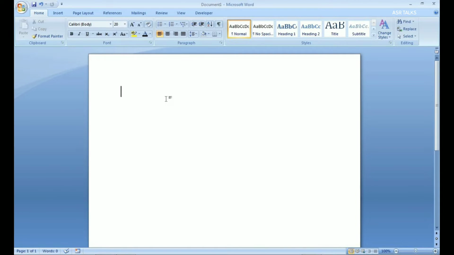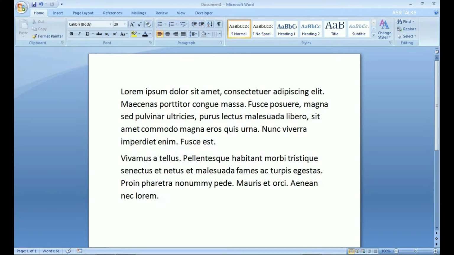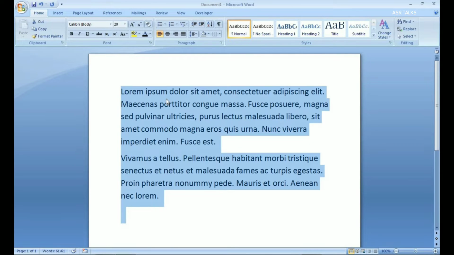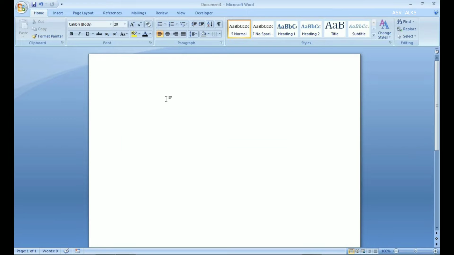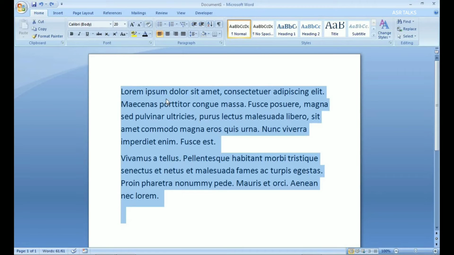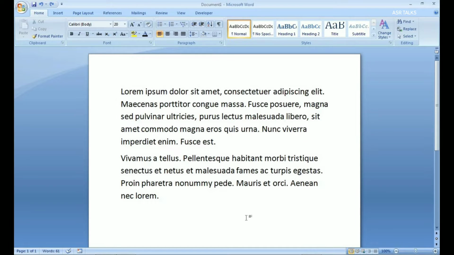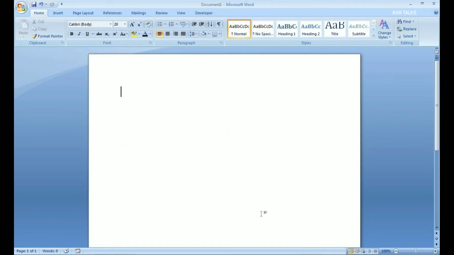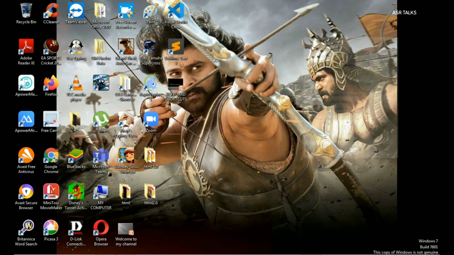Like in MS Word, I am writing a sample paragraph like lorem 2,5 that indicates two paragraphs with 5 sentences each. Here I open MS Word and wrote a sample paragraph. I thought of deleting one word, but mistakenly I have deleted the entire paragraph. To get back the paragraph, instead of retyping again, you can actually use Ctrl plus Z. And after a while, if you think that deleting the paragraph is correct, then you can use Ctrl plus Y to delete the paragraph again.